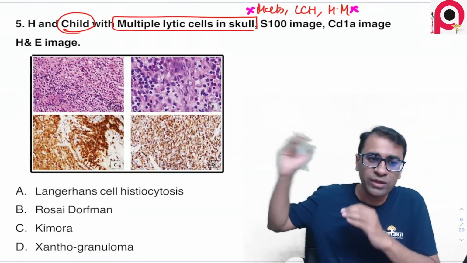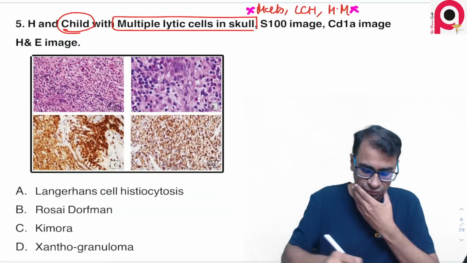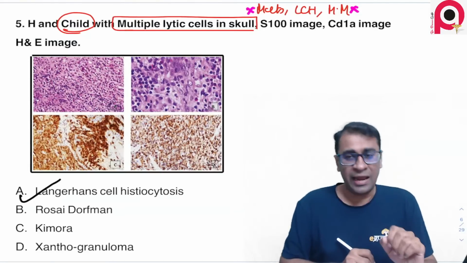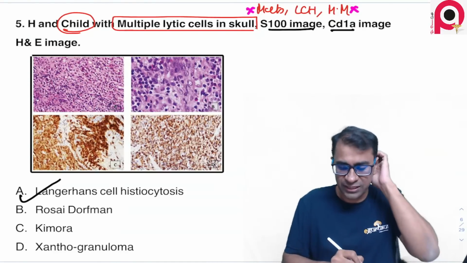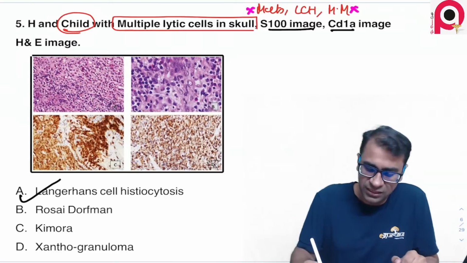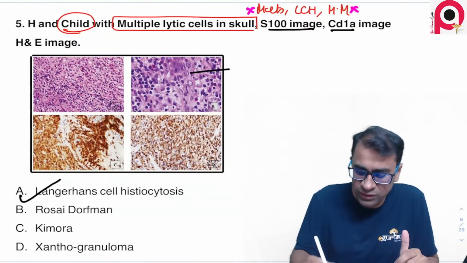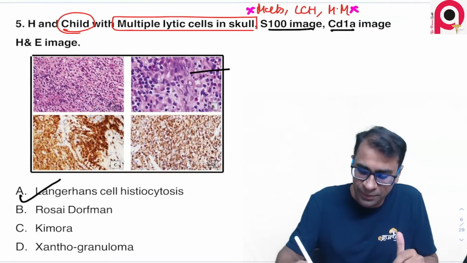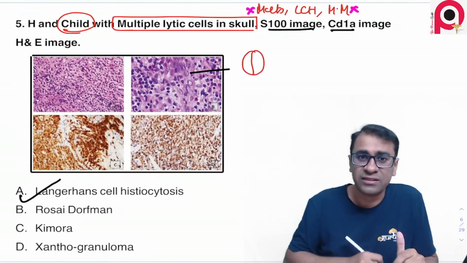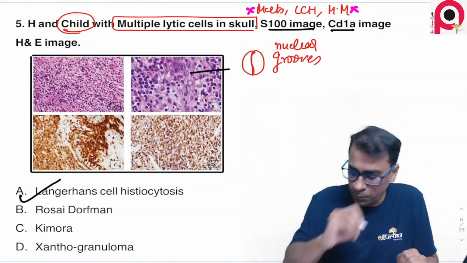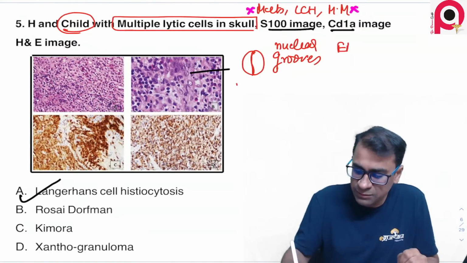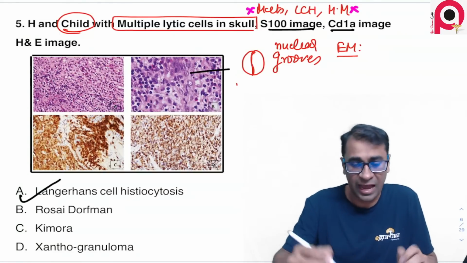So even without knowing what the question is, the answer should be a case of Langerhans cell histiocytosis, giving you S100 and CD1a in the IHC staining. What you must also know is that usually the H&E cells show a typical grooving like this. These are nuclear grooves seen in light microscopy, and even though the image is not given, the electron microscopy image has also been very frequently asked.